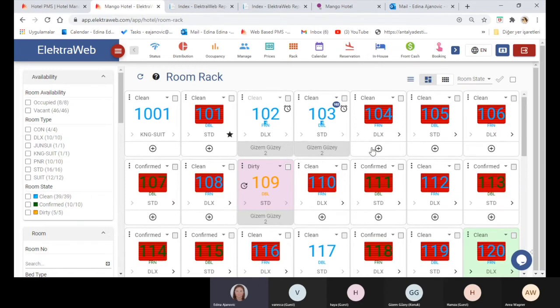For those reservations that have only the plus mark or add mark, it's possible to create a reservation also from this screen, or to select one reservation from the reservation list or from in-house. In other words, we can either assign a room from the room rack, or we can do the room change. And finally, through the filtering option, we can easily